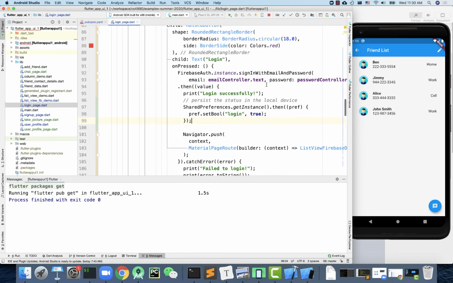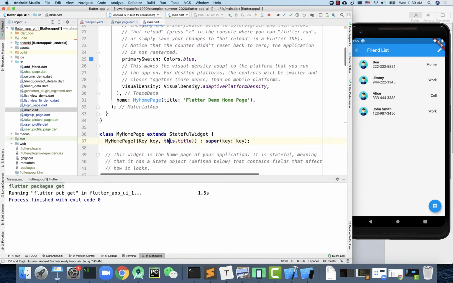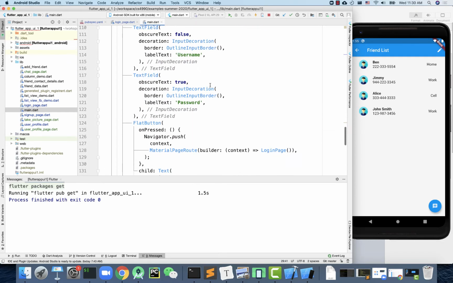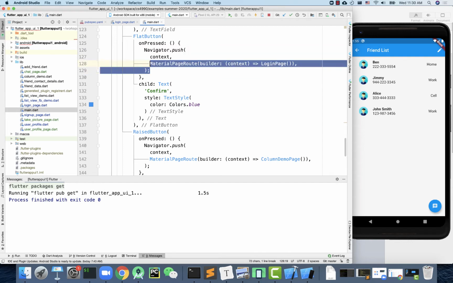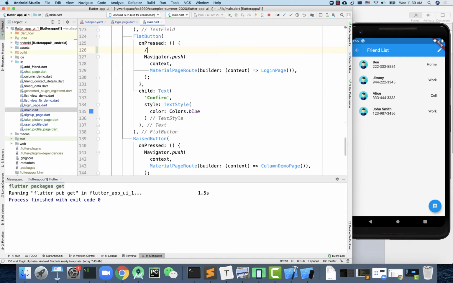But how is that going to work, right? So once I start my app, let's say I start from my home screen. So home screen here, and then when I click on the button, this is just a dummy screen that I use to start the screen, right? So right now let's go to the login page, right? But then once we go to the login page, or we can actually check it from here, so we can see if you have login